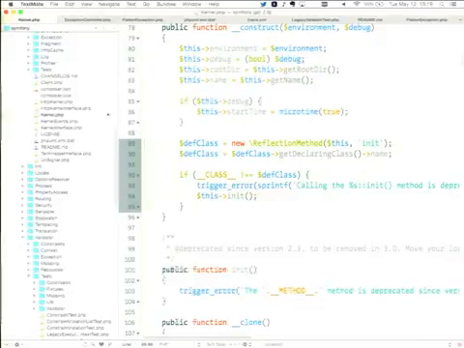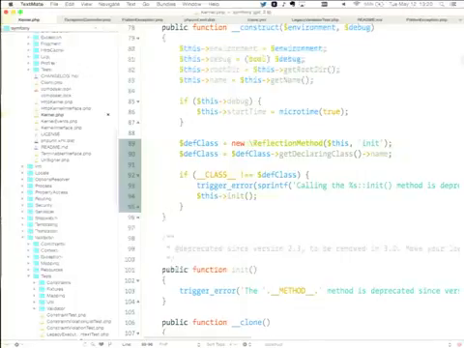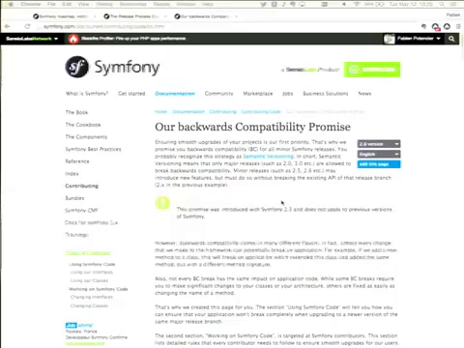It's not trivial, because we need to be sure that when you create an init method in a class that extends kernel, you must have the deprecation notice. If not, you should not. So internally, we are calling the method, but we don't want to have the trigger. So it's not really interesting for developers using Symfony as a framework. It's very interesting to understand that it takes us a lot of time to maintain backward compatibility between all the releases.